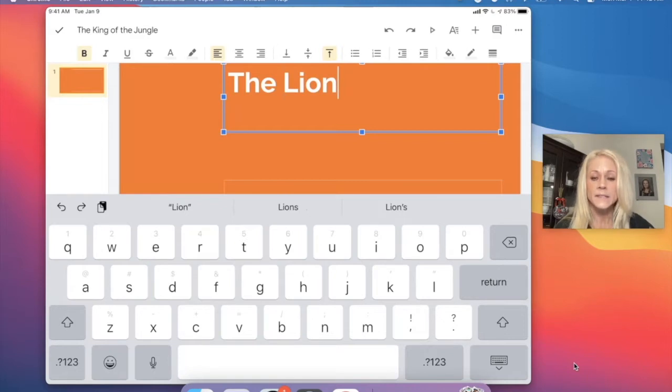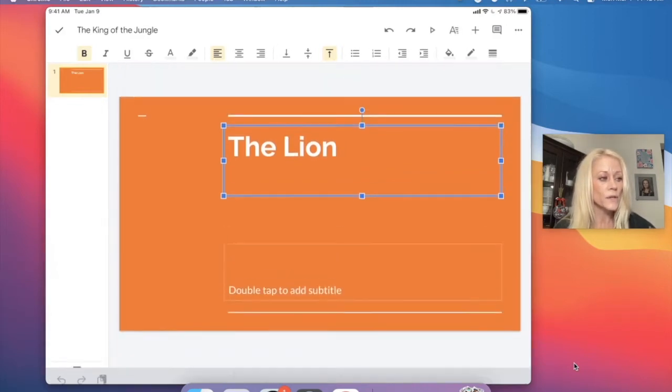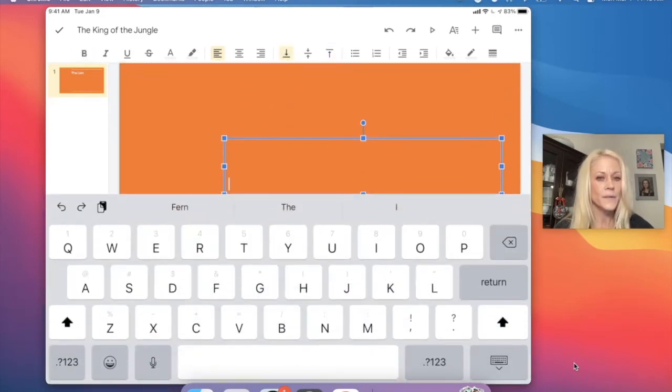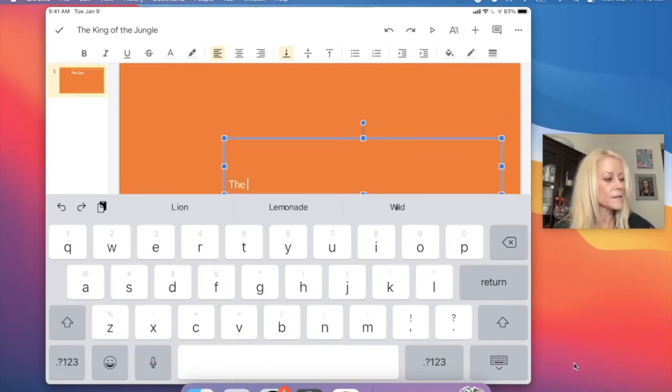and then I can tap on that close keyboard button in the bottom right-hand corner, and it will have my on-screen keyboard go away. The text box at the bottom says double tap to add a subtitle. So I'm going to double tap real quick, and I'm going to type The King